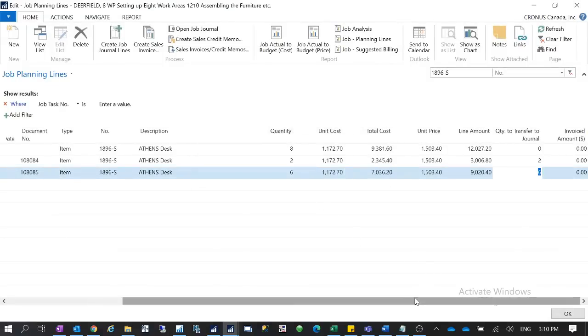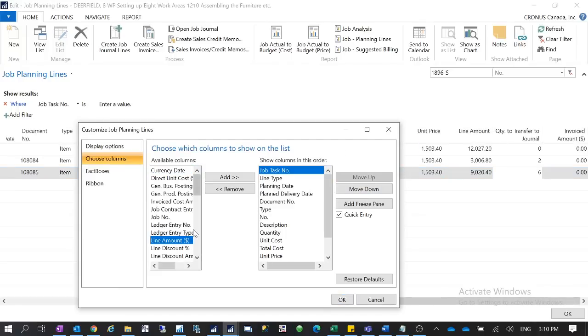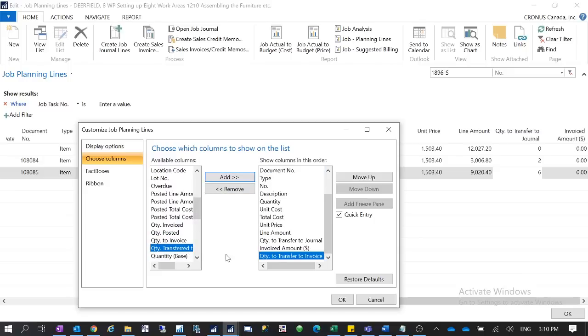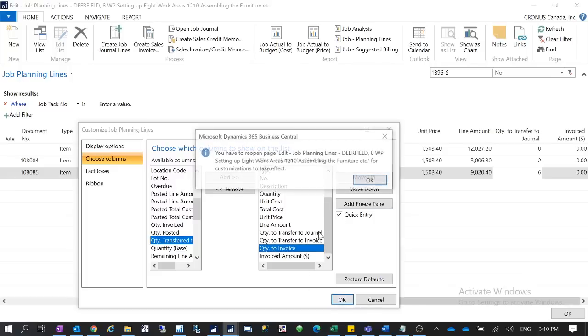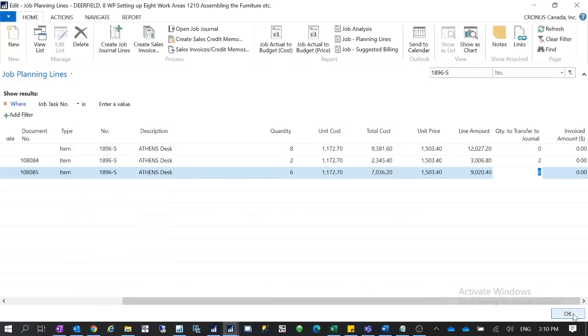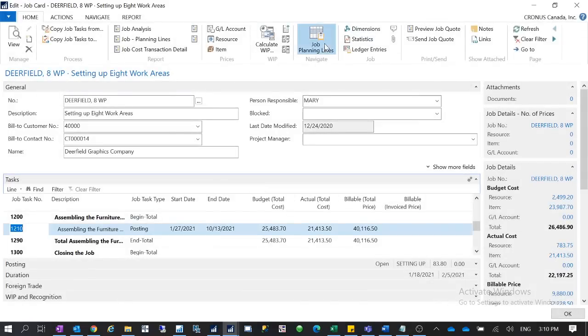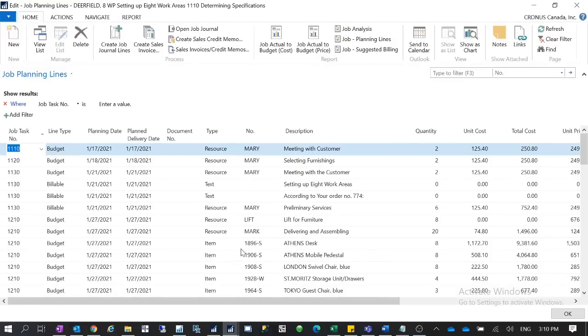Yeah. So what we want to do is we have to choose columns and quantity to transfer. Okay, quantity to invoice, and quantity to transfer to invoice, we have to make that column show up. Okay, then you have to create your journal and then create the job ledger entries, and also you have to create your invoice. So let's just reopen this page in job planning lines, and then find this item again,